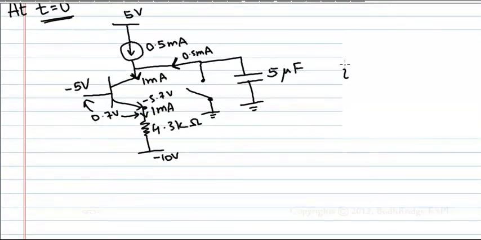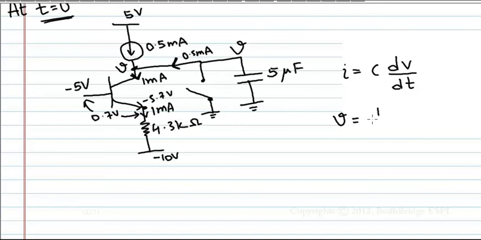Now see, I equal to C dV by dt. This is the basic equation of capacitor, right? Therefore V is how much? I will call this V, and this is all the same point. Therefore this is nothing but V. V equal to 1 by C integral I dt. What is I? The current through the capacitor.